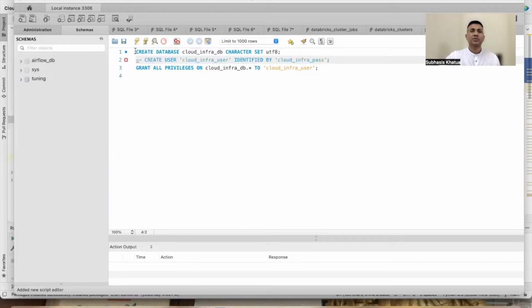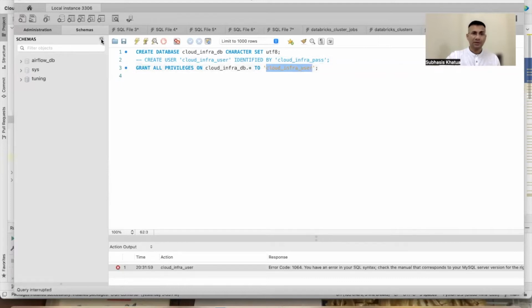Okay. So what the first line is doing is creating a database, cloud infra DB. And then the second step is creating a user, cloud infra user, password cloud infra pass. You can give any user and password of your choice. And then you say grant all privileges on cloud infra DB dot star to this user. Let me run this. And if I refresh here,